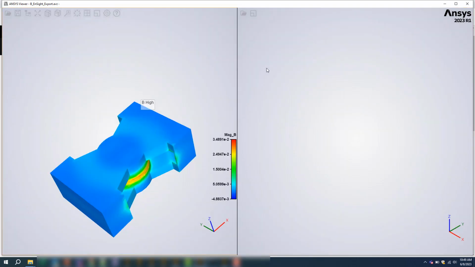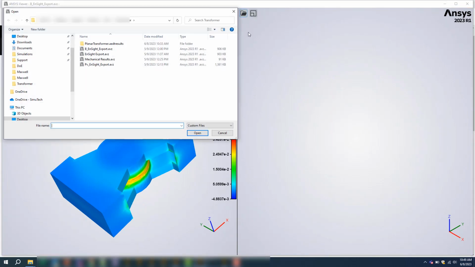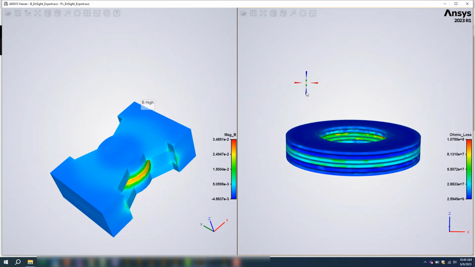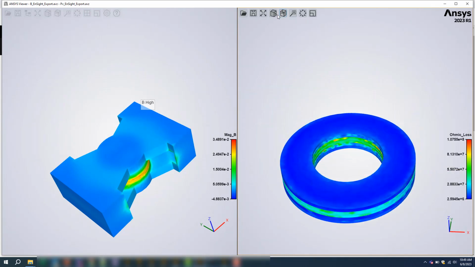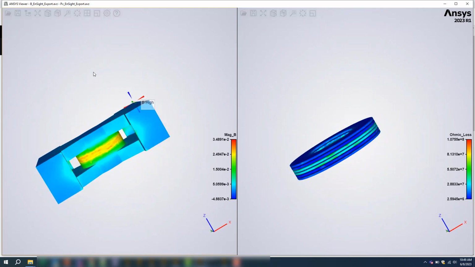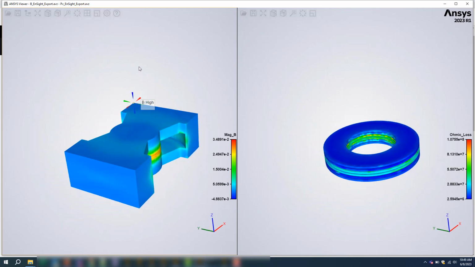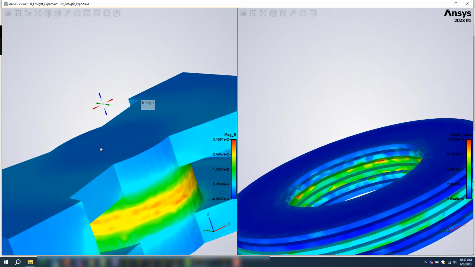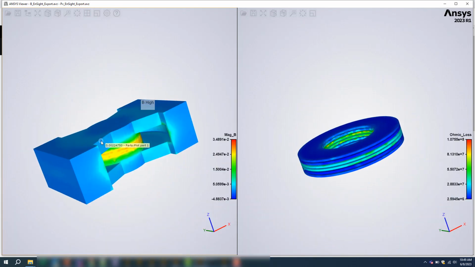We could also do a split screen mode where you could now import, let's say, a different property. So the one on the left is the flux density in the core, and then on the right we have the ohmic losses in the coils. Another thing we could do is synchronize view as shown here. So since these come from the same model, sometimes it could be nice to have them synchronized so that they're at the same zoom level and the same rotation. So that's something that could be useful and helpful for understanding the